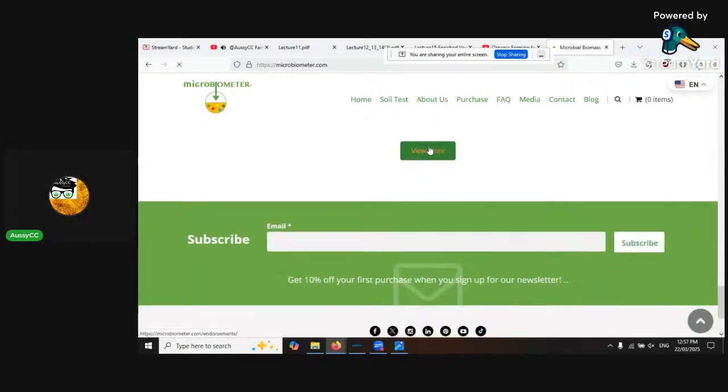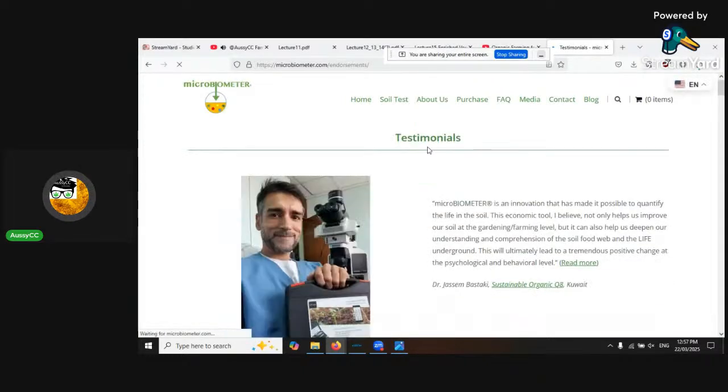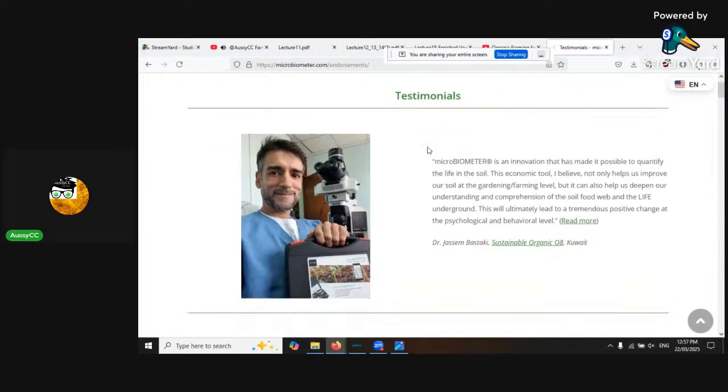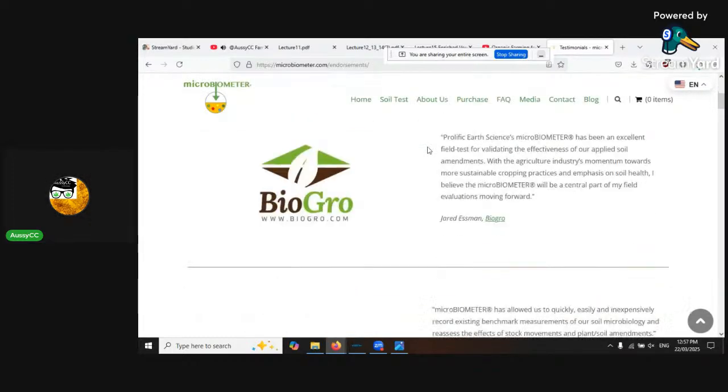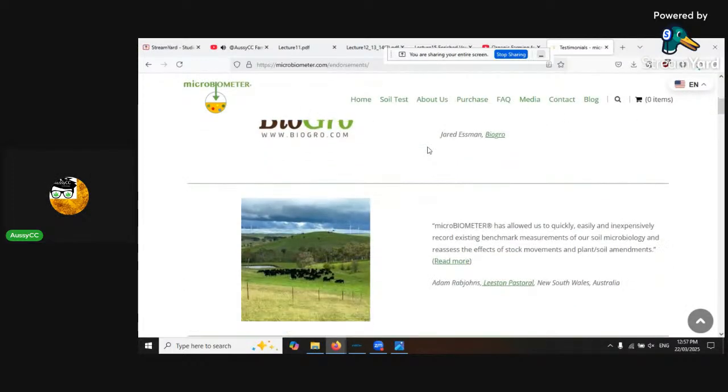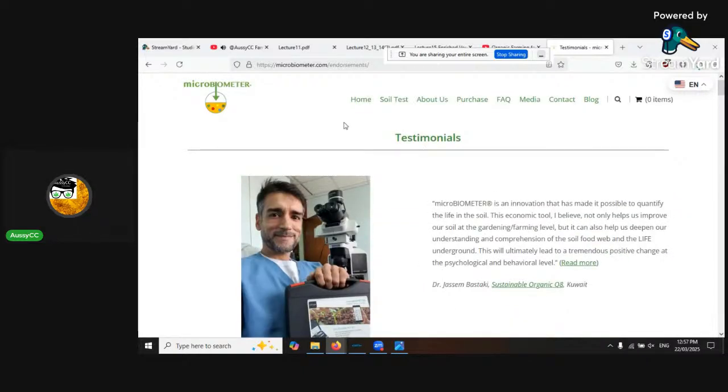I don't know. The app threw me off. This just could be people endorsing it. So yeah, I don't know anything about it. Here's someone in Australia has allowed us to quickly test existing benchmark measurements of our soil microbiology and reassesses the effective stock movements and plant soil amendments. I don't believe that. They've only got, let's go back